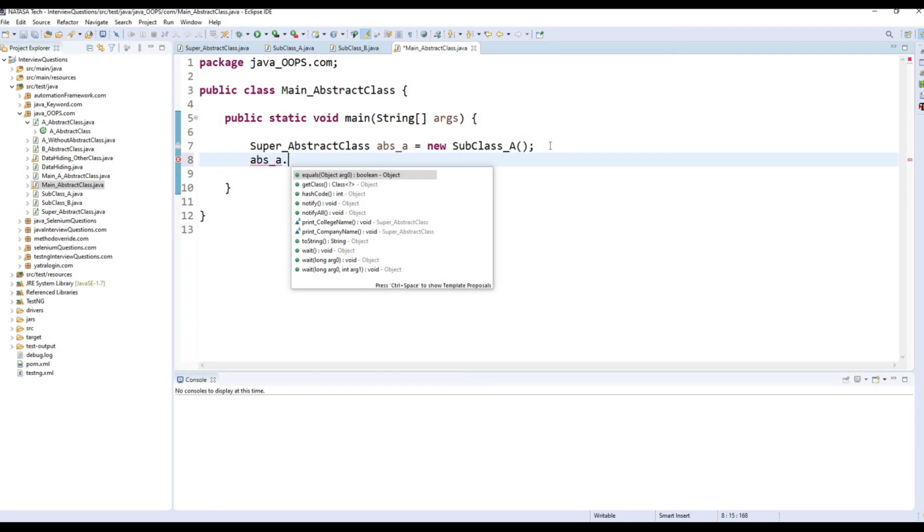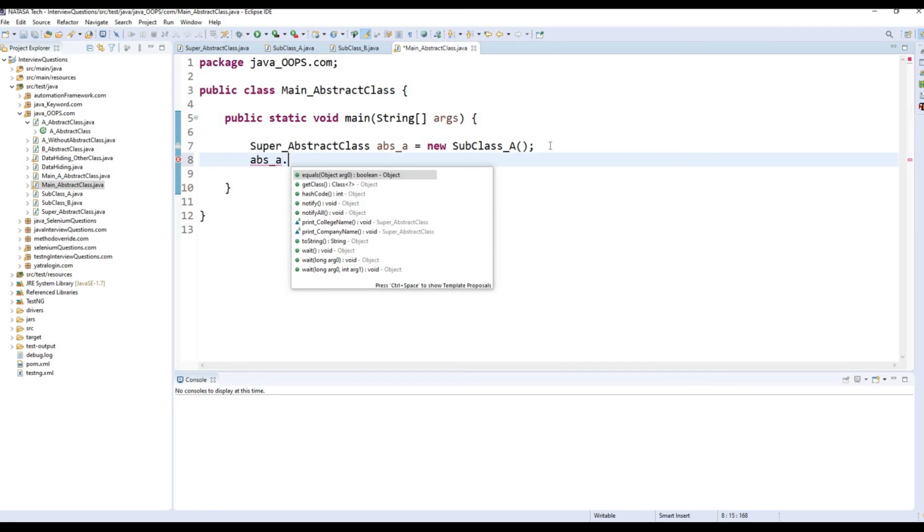In the upcasting concept, whichever class you assign the new keyword to, the JVM is going to allocate space for that class only. Here the abstract class is totally different from a normal class. Here we assigned the new keyword for the subclass only. So now the Subclass_A class method will execute.